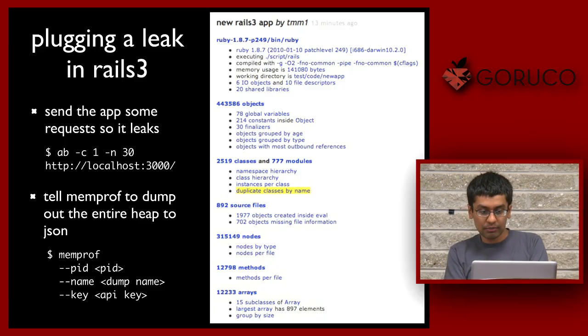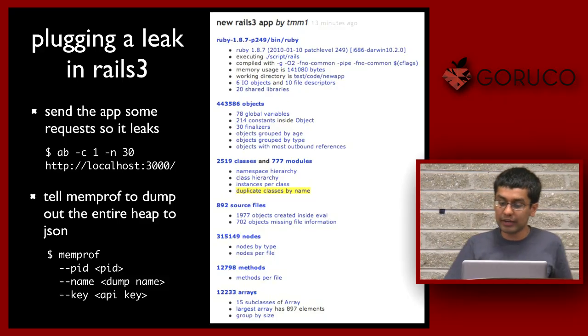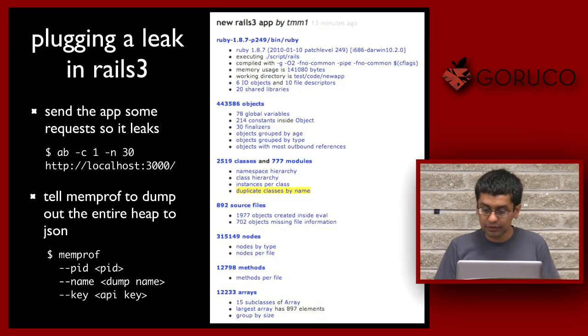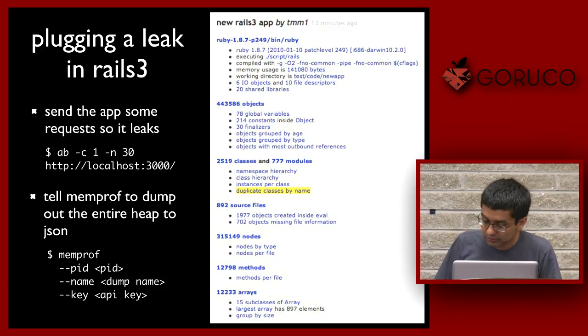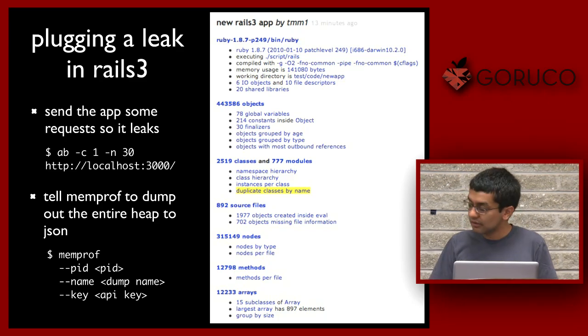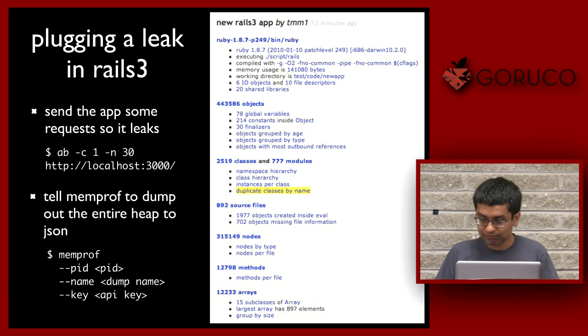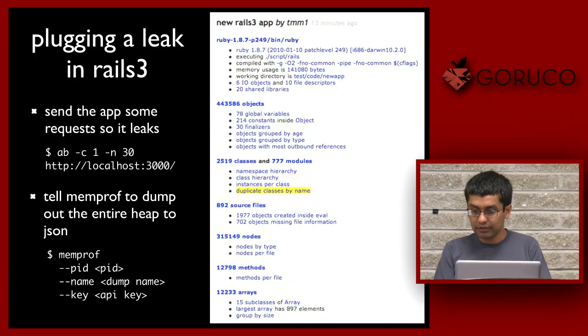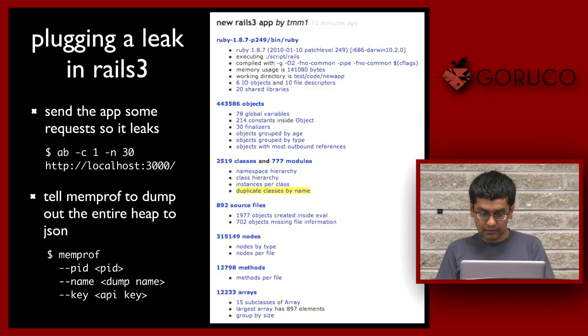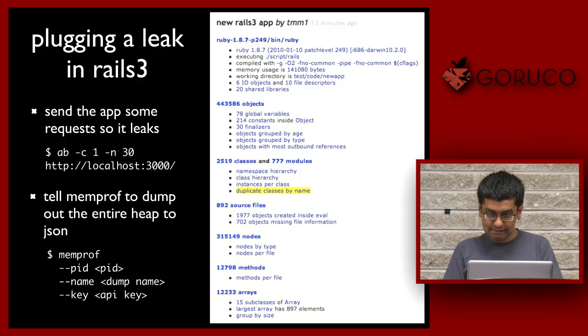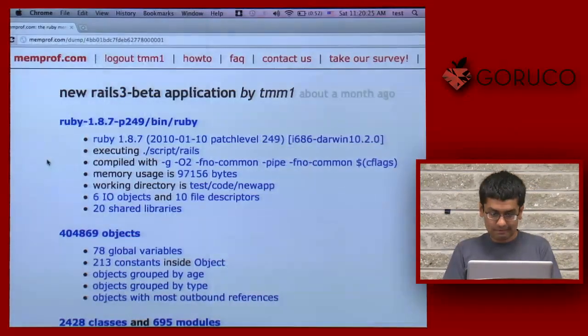So I'm going to pull this up just so we can walk through it. Here's a very simple Rails 3 beta application. Oh, I can't see it. Let me mirror displays really quickly. All right, so